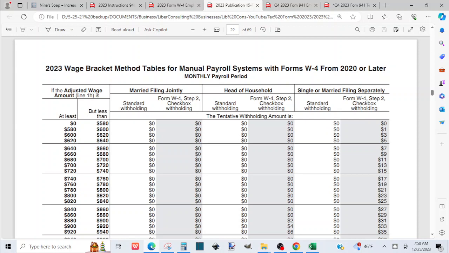So if that's yourself, let's say you are going to pay yourself $24,000 a year, divided by 12, that is $2,000 a month, and you are going to pay yourself $2,000 a month. So that's a monthly pay period. They have multiple pay periods, so you scroll to the monthly pay period, and you want to look for the $2,000 that you are going to pay during that pay period,